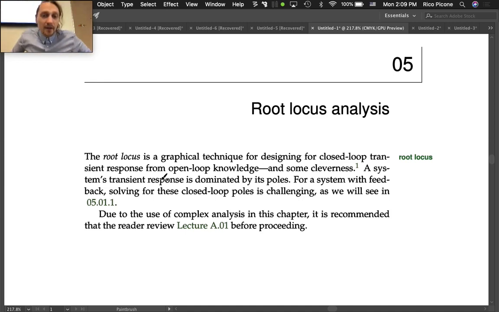So the root locus is a graphical technique for designing for closed loop transient response from open loop knowledge and some cleverness. A system's transient response is dominated by its poles. Okay? Zeros also have an effect, but the poles are the dominant effect in the transient response. For a system with feedback, solving for these closed loop poles is challenging, as we will see in the next lecture, in 5.1. Due to the use of complex analysis in this chapter, it is recommended that the reader review lecture A1 before proceeding. So we'll review it,